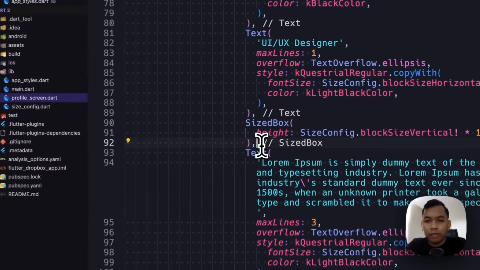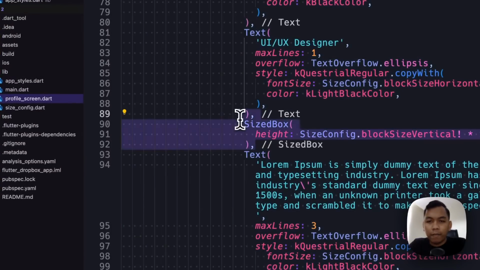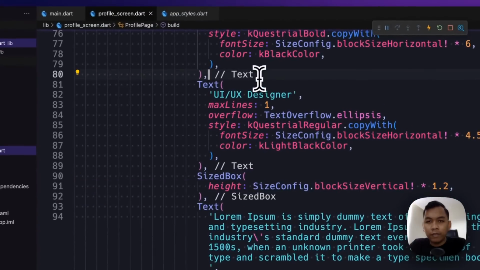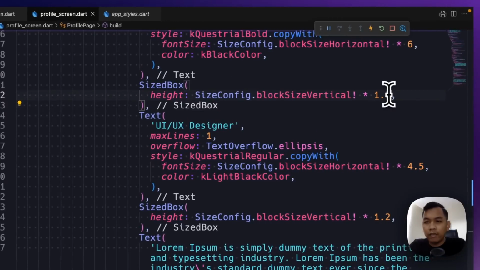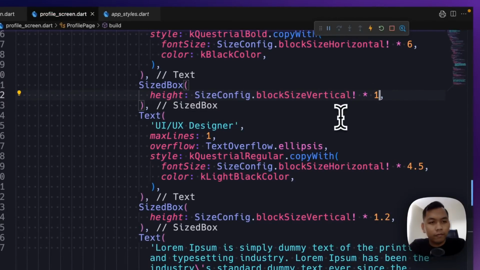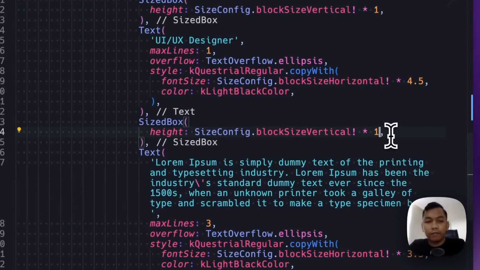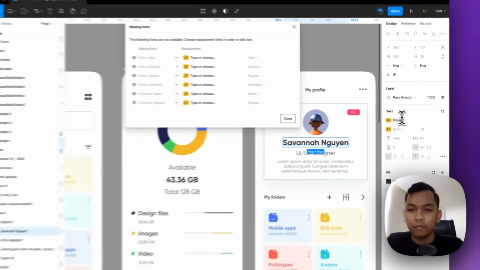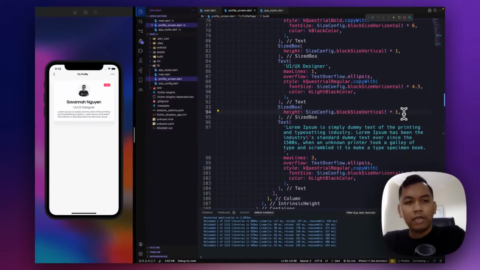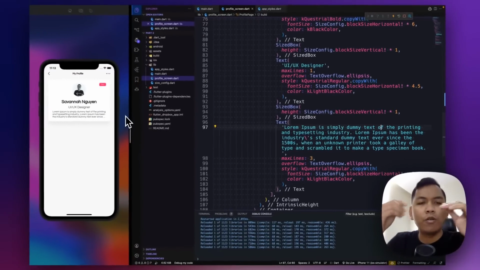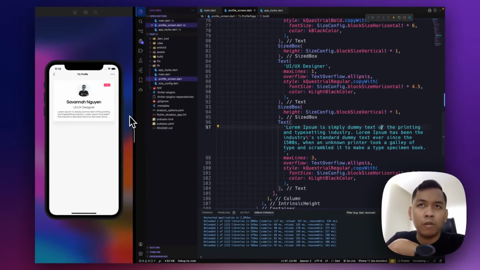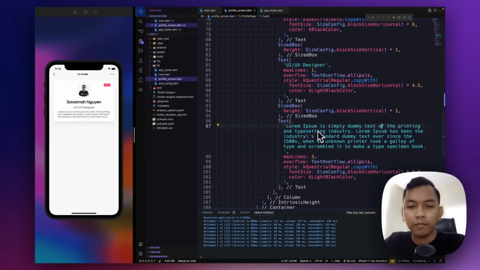All right, 1.2, I think it's a good option. And just copy this and paste here. Okay, how about 1? And this also 1. All right, so as you can see here, it has a shadow or drop shadow effect here. I think this is awesome.